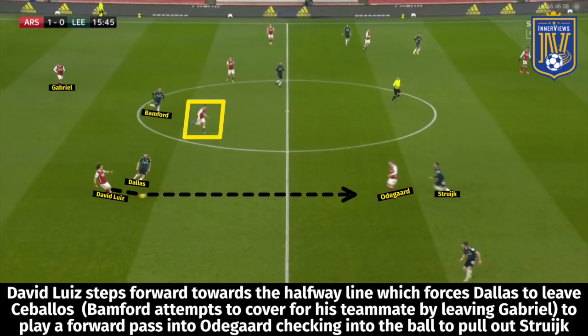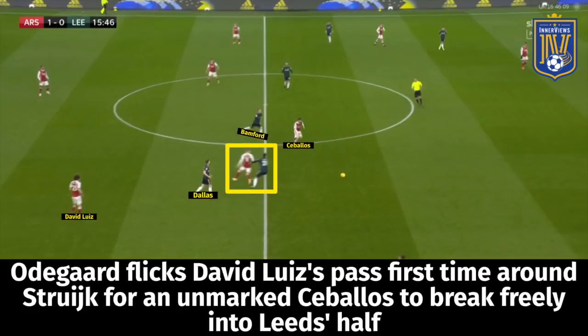Shortly after that, you witness David Luiz stepping forward towards the halfway line, which forces Dallas to leave Ceballos, and that's where you see Bamford attempting to cover for his teammate by leaving Gabriel to track back and close down the Arsenal midfielder. David Luiz ends up playing a forward pass into Odegaard checking into the ball to pull out Struijk, and Odegaard ends up flicking David Luiz's pass first time around Struijk for an unmarked Ceballos to break freely